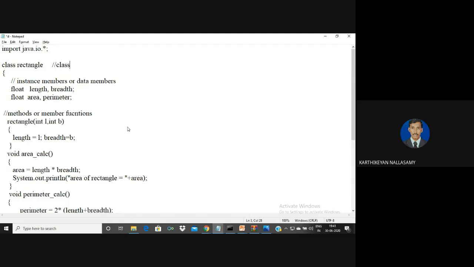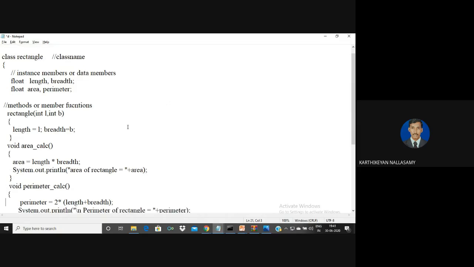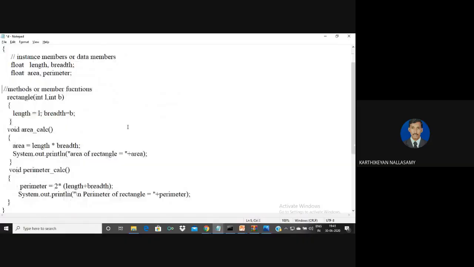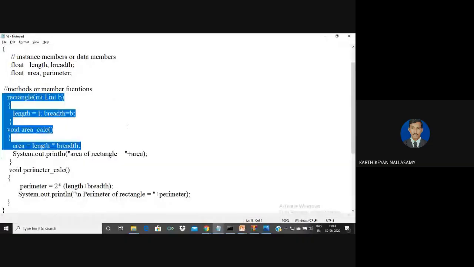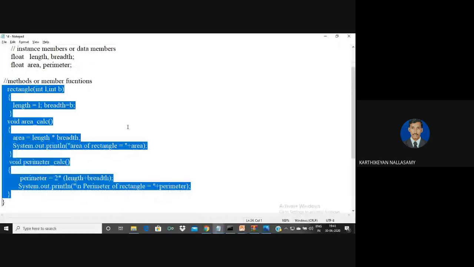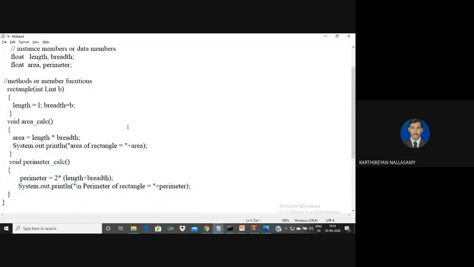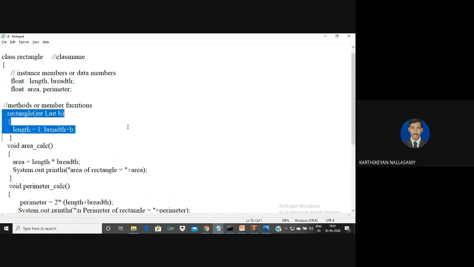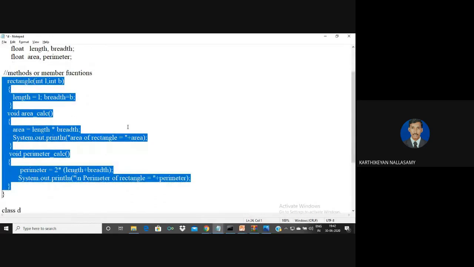I told that the class name provides a common template for all the objects. Whatever belongs to this category must have length, breadth, area and perimeter properties, and it has two calculations: one is the calculation of area and the other is the calculation of perimeter. So here these will be called data members, and these are called member functions for doing some calculations. Clear? So a class is a collection of data members and member functions, called the properties of the class. So this is called a class.